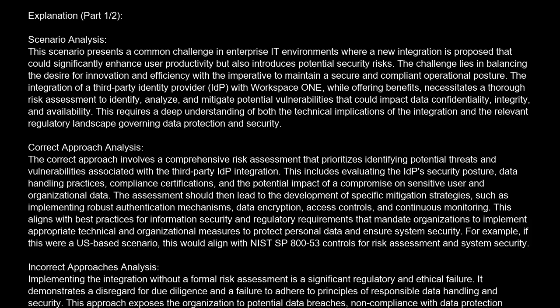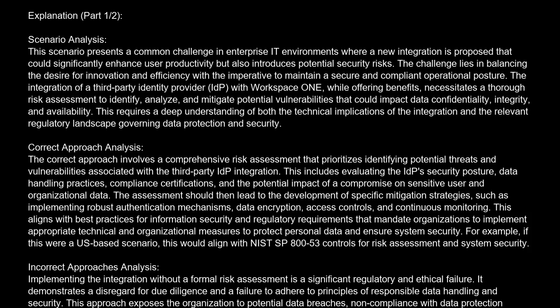Explanation. Scenario analysis. This scenario presents a common challenge in enterprise IT environments where a new integration is proposed that could significantly enhance user productivity, but also introduces potential security risks. The challenge lies in balancing the desire for innovation and efficiency with the imperative to maintain a secure and compliant operational posture. The integration of a third-party identity provider, IDP, with Workspace 1, while offering benefits, necessitates a thorough risk